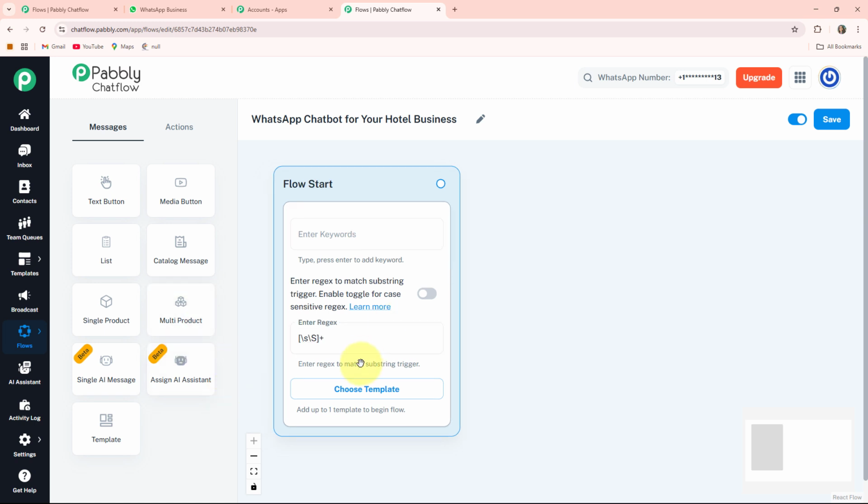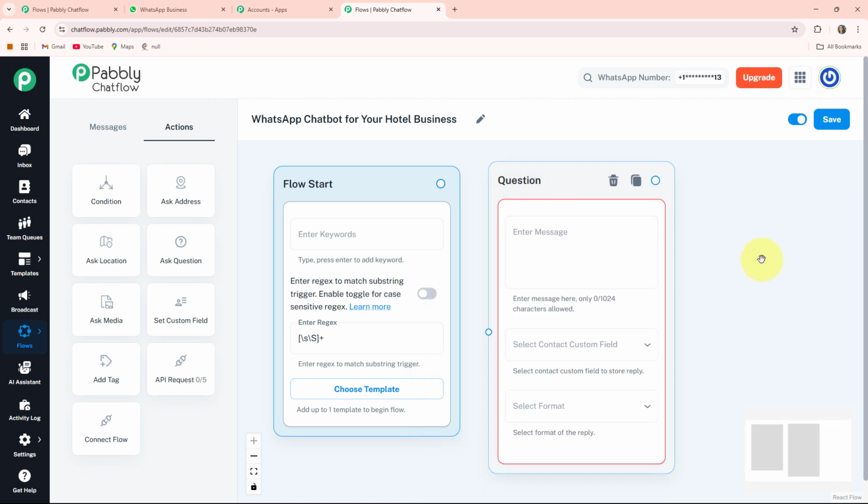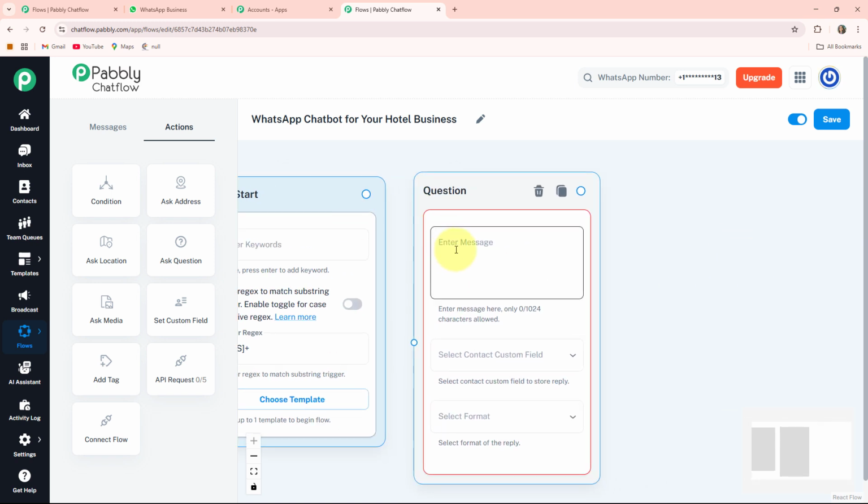Here I write it. Now I want to write one message for my client, so that whenever they send any message on my WhatsApp business account, my bot will respond to them. For that I'm clicking on this action option, taking the button as ask question. It will provide me one question box. I'll drag this box here and write a question as: